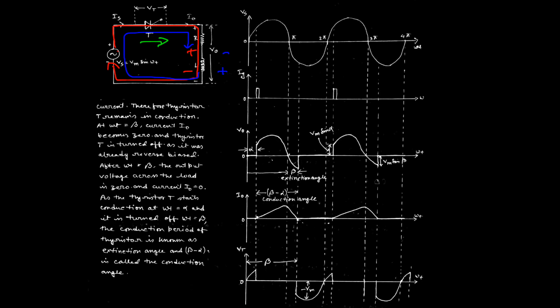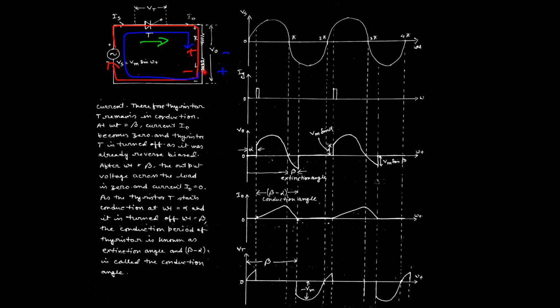So through this discussion, it has been found that in case of forward biasing condition, when the supply voltage has the first positive cycle, I am talking about 0 to pi, the voltage appearing across the load is positive. That means the current starts flowing from the supply to the thyristor, then the load. So across the load the positive is the upper part and the negative is the lower part, and the direction of the current across the load is upward to downward.